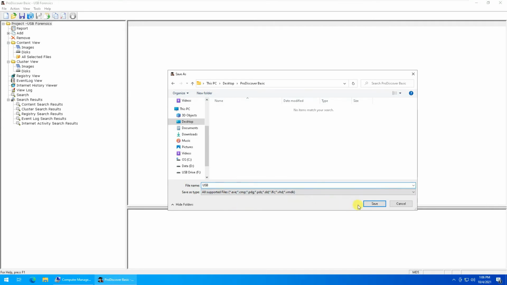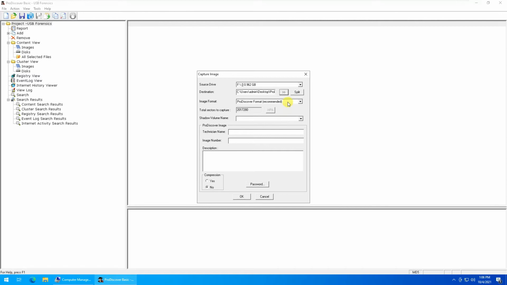You can see that it supports all these formats. Click Save. You can even select the format for Linux style or ProDiscover, which is recommended.